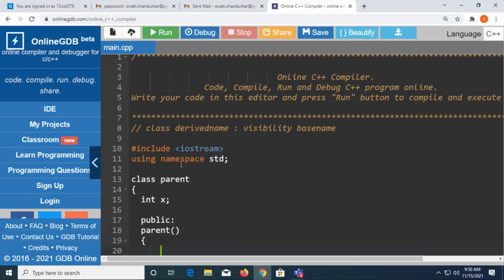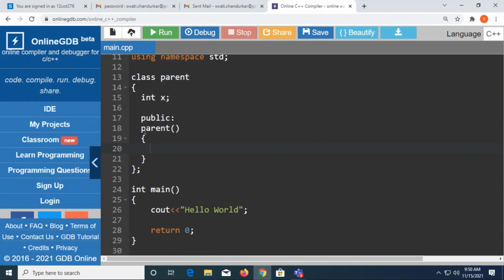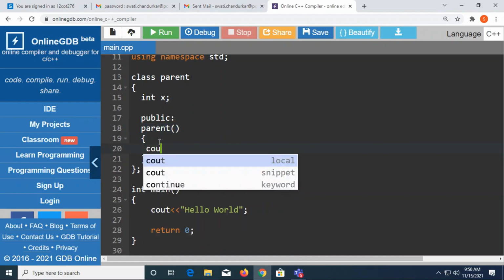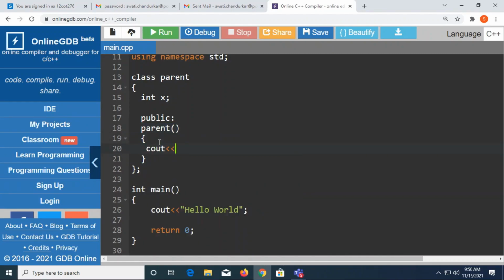So I'm just taking a default constructor here. If you can see, I'm taking a default constructor, and I'll print a message here with cout, just to show how the control is passed: I am parent class.